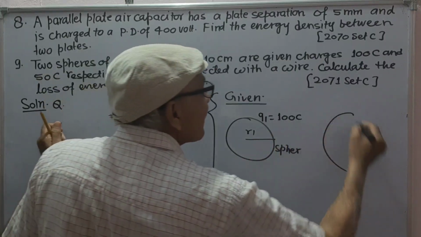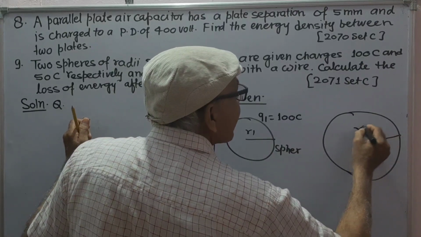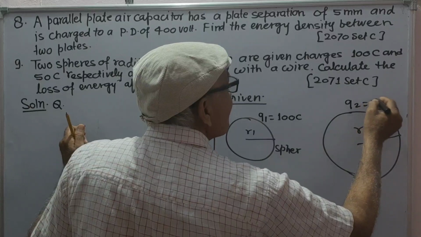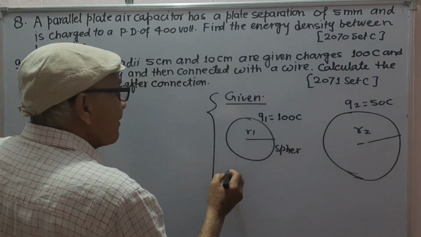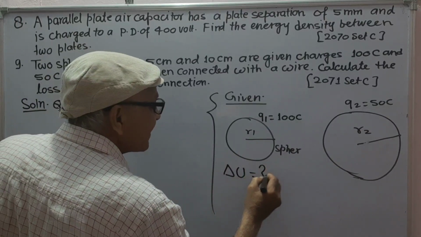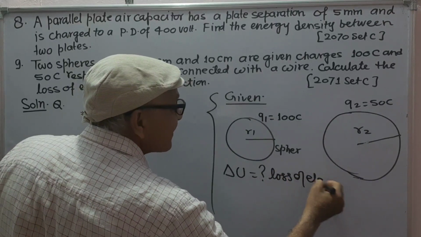The other sphere is of radius r2 and is given charge q2 is equal to 50 coulomb. We have to find the loss of electrical energy